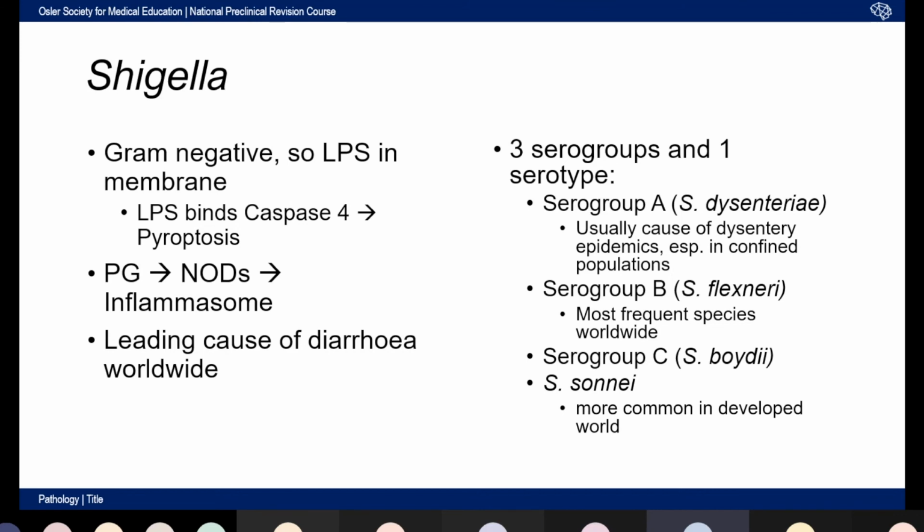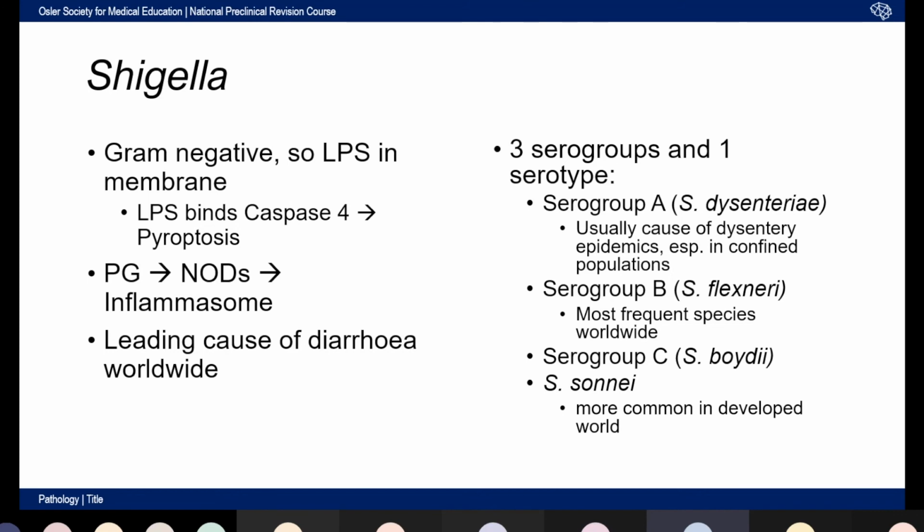So there are 3 serogroups and 1 serotype. So serogroups A, B, and C, and then serogroup D only has the 1 serotype, so that's S. sonnei. And groups A to C are physiologically similar, whereas S. sonnei is a bit different and has different biochemical